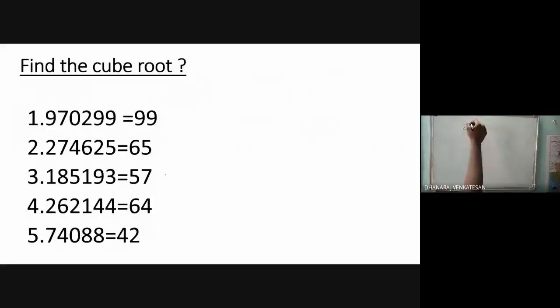25 square: omit this 5, take the remaining number 2. The successive number of 2 is 3. Okay, 3 into 2 is equal to 6. Write 6, blindly write 25. That's it. How we will write for this: after the number 5, which is 2, what is the successive number of 2? It is 3. Multiply this. 2 into 3 is equal to 6. Write 25. That's it. This is the shortest way of finding squares.